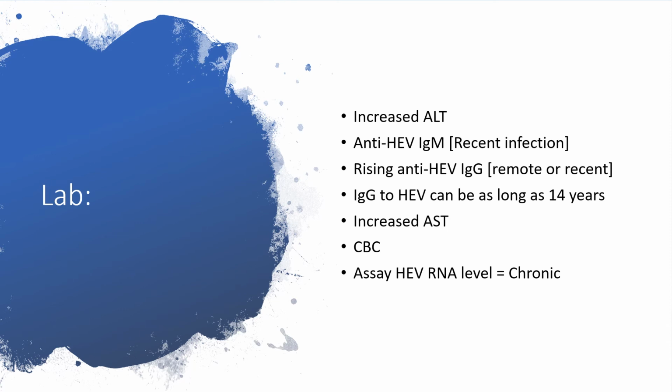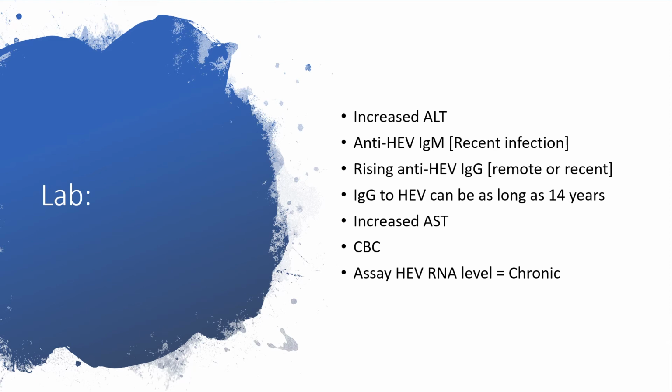Now we're at the lab. After the young man or the young lady are taking the sample and we're expecting the results. Okay, we might be dealing with increased level of ALT, and when antibodies to hepatitis C virus is assayed and we find IgM, that is pointing to recent infection. So antibodies to hepatitis C virus with rising IgG is indicating that this is a remote infection and it could be recent. But we need to know this, that IgG antibody to hepatitis C virus can be in the system